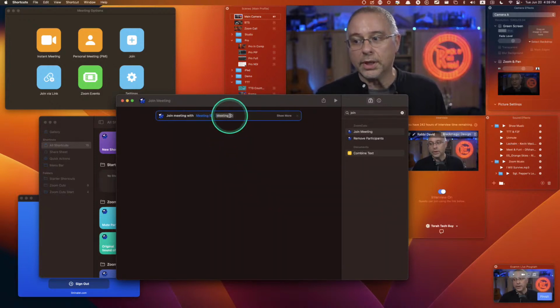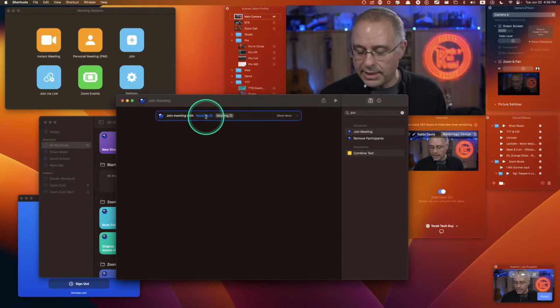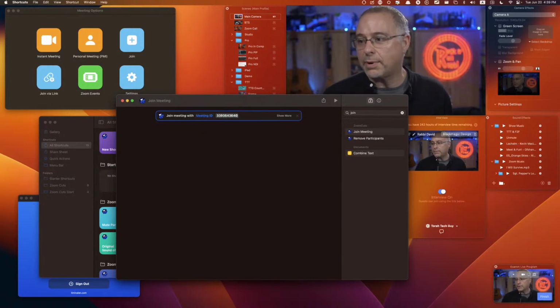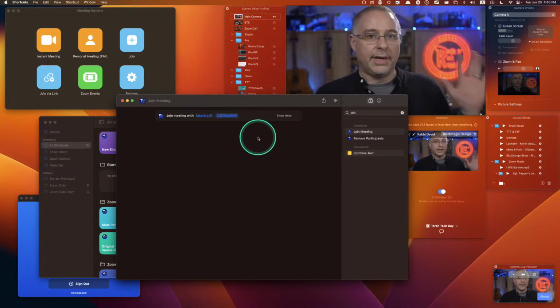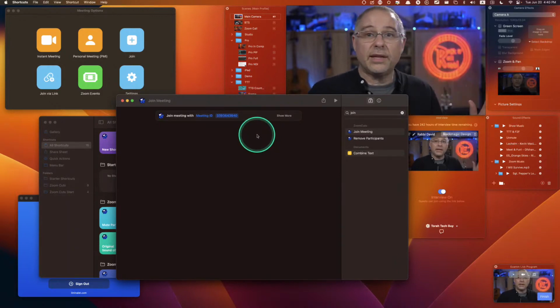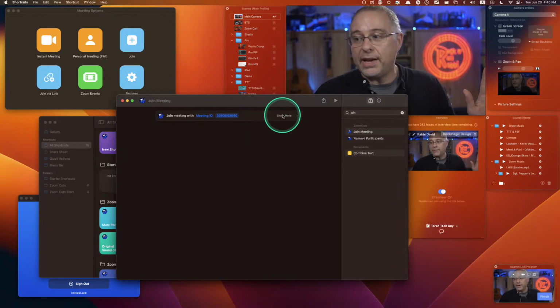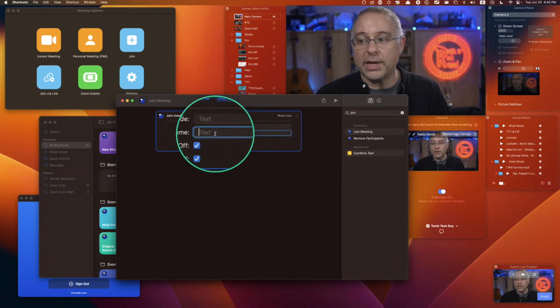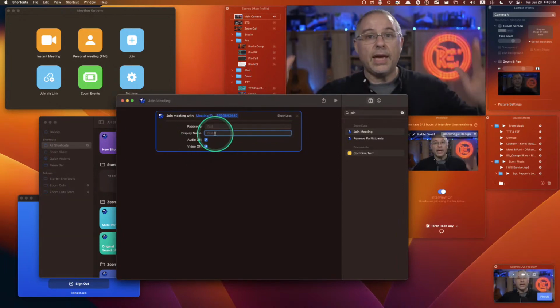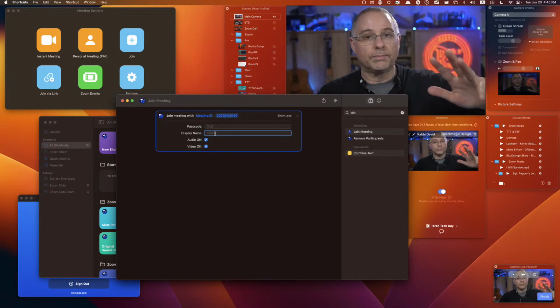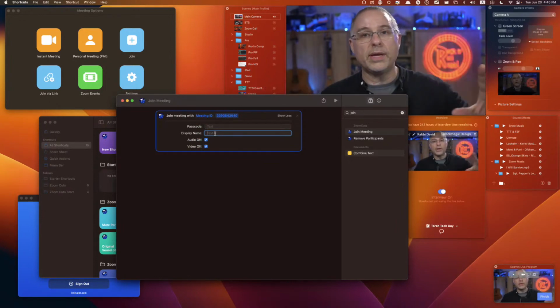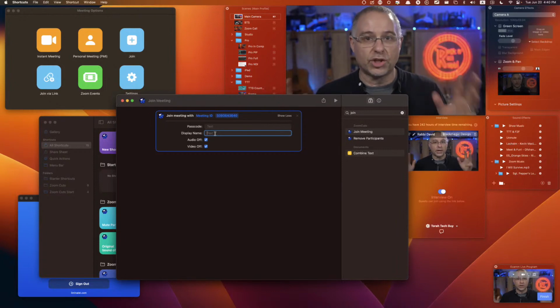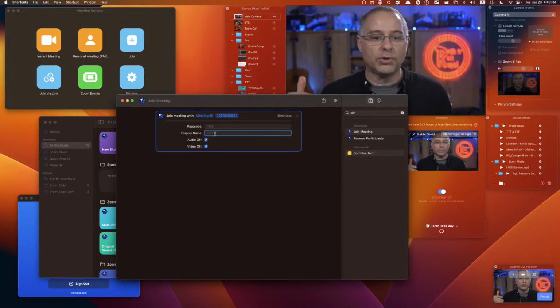Now, I can go ahead and type in the meeting ID. So I'm going to type in my own meeting ID. Now, if the meeting that you want to join is not password protected, don't worry about it. If it is, click on Show More, and you can type the password in right here, and it will remember it. You can also type in what your display name is. So for example, if you have a computer that runs your weekly Zoomagog services, and you want to be able to,